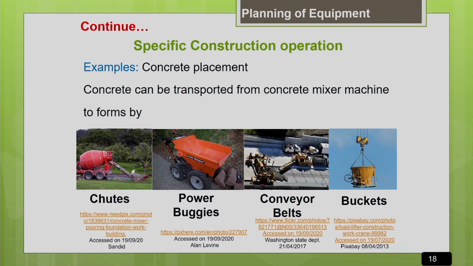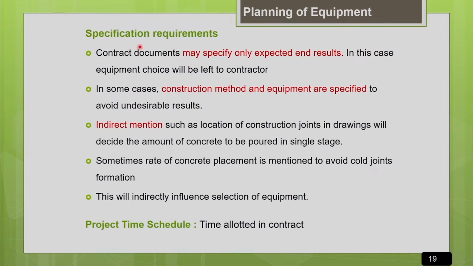Okay, so there are different options possible for placement of concrete. You have to work out the economics of all these options. Whichever is more economical for you, then you have to go for that particular option. Okay, that is why the productivity and the cost will be the guideline for you for the selection of the machine. So the next important factor which is going to govern the selection of the machine is your contract specification